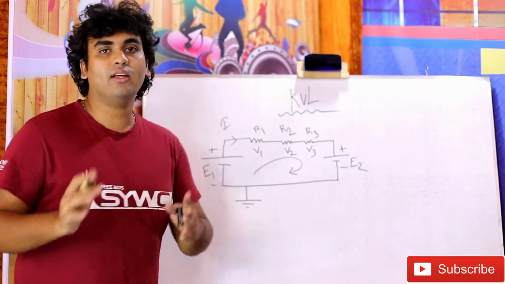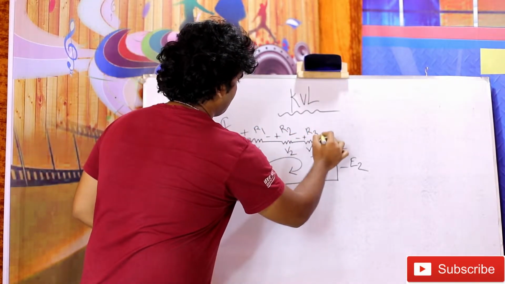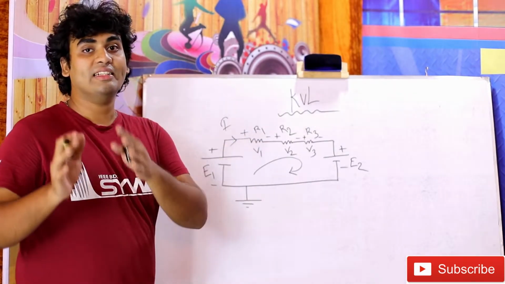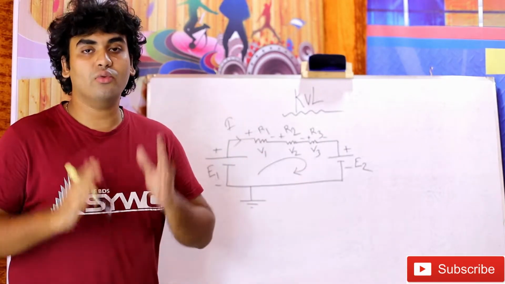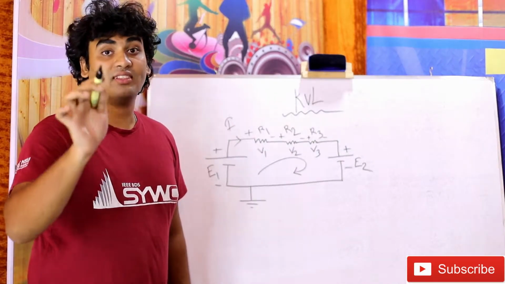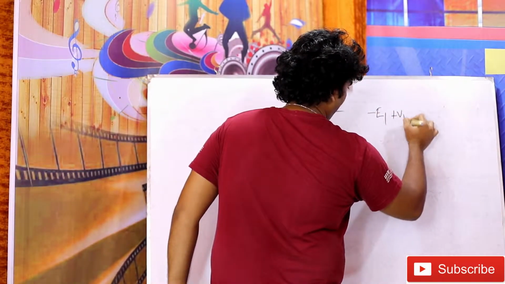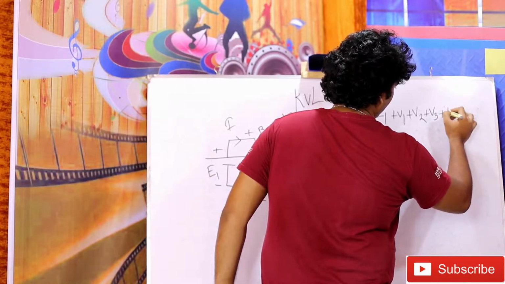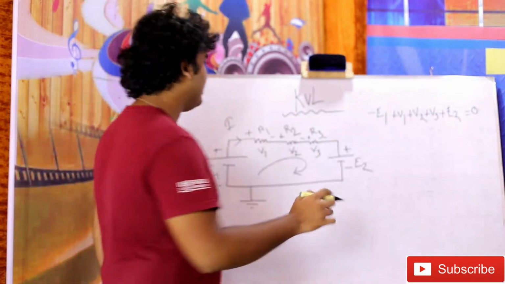Now since the current is flowing clockwise direction, that means that the incoming current of the load is positive and the outgoing current of the load is negative. But for the source, it's in reverse direction. Now, from the Kirchhoff's voltage law, we can write the following equation from this circuit. So, if we consider the incoming side of the circuit, the equation becomes equals to 0. But if we consider the outgoing side of the circuit, the equation will be